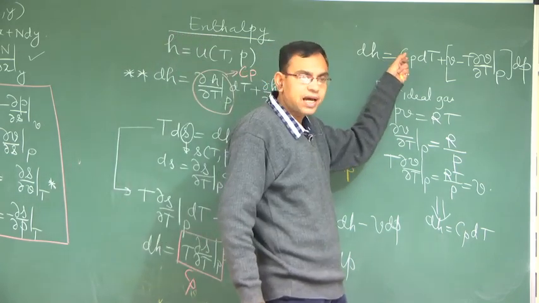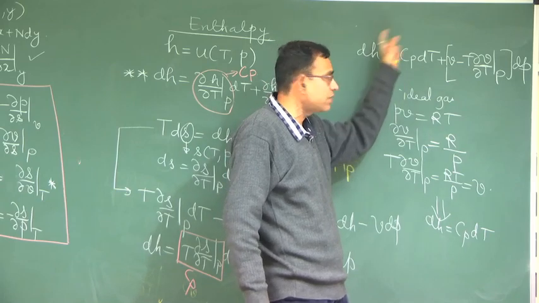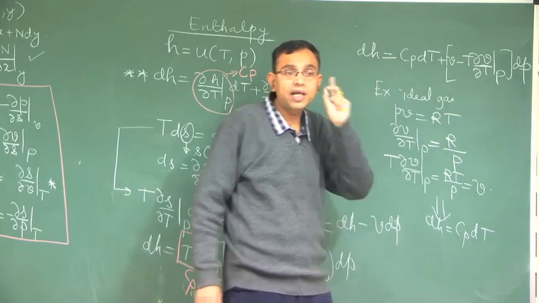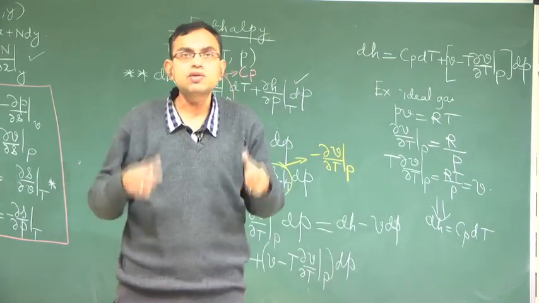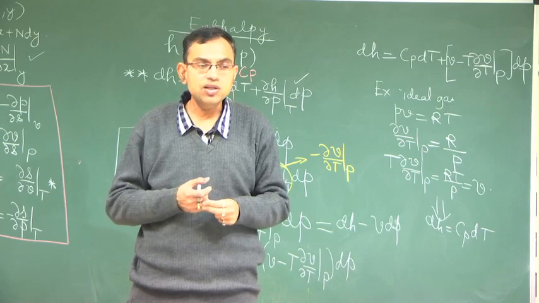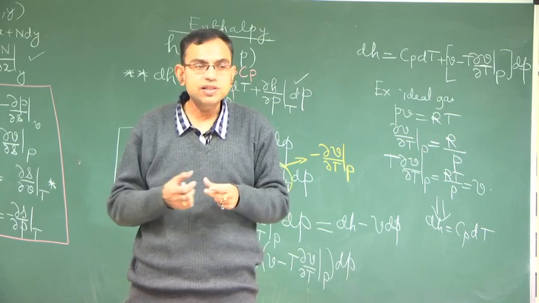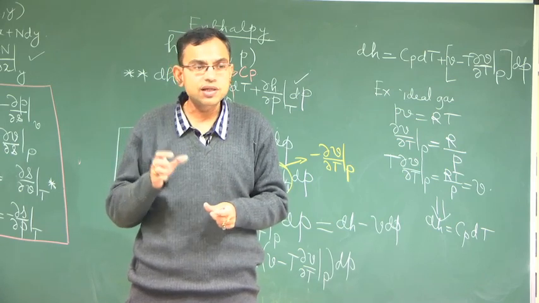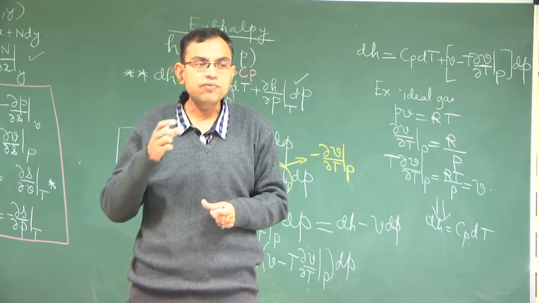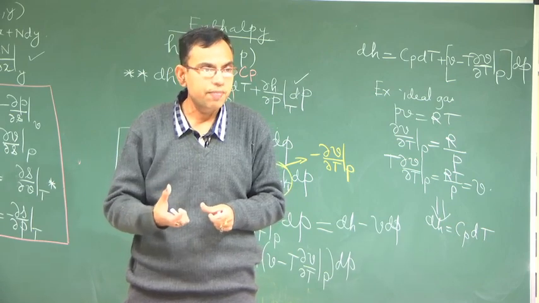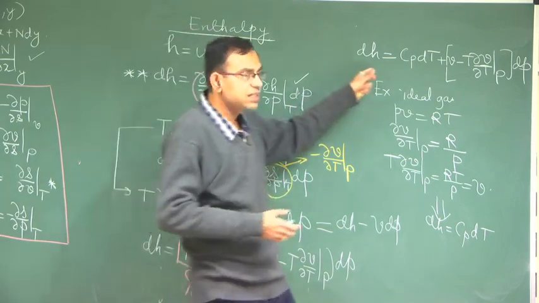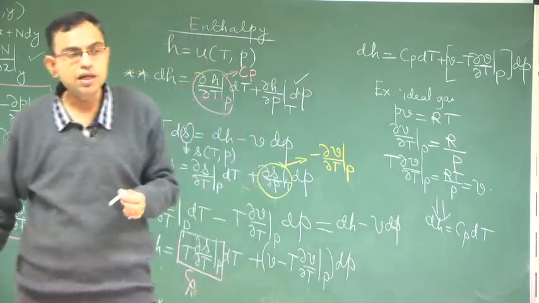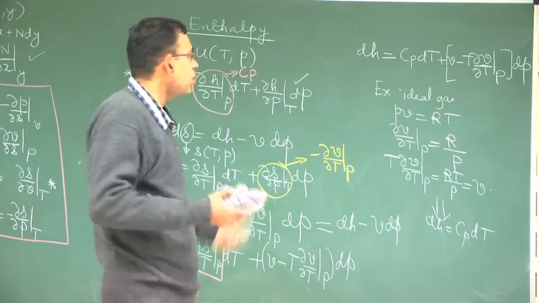Even if it is not an ideal gas, but you give an equation of state, you can find out the change in enthalpy and change in internal energy. These two are very important things. Why have we done all this? Because to calculate the heat transfer, work done etc. using the first law of thermodynamics, for a closed system you require change in internal energy and for a flow process you require change in enthalpy. So that is why these dH and dU expressions are very important, which can be used fundamentally in conjunction with the first law of thermodynamics.